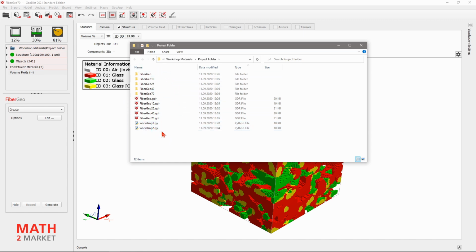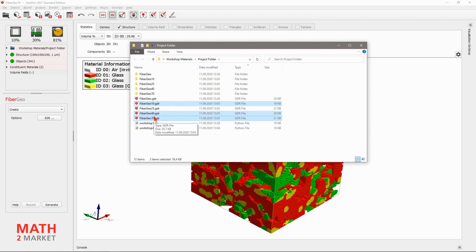first part. And we can see, for example, the first one we only used for recording the macro, and then here the 25, our first edited variable, and then now our parameter study, the 10, 40, and 70.